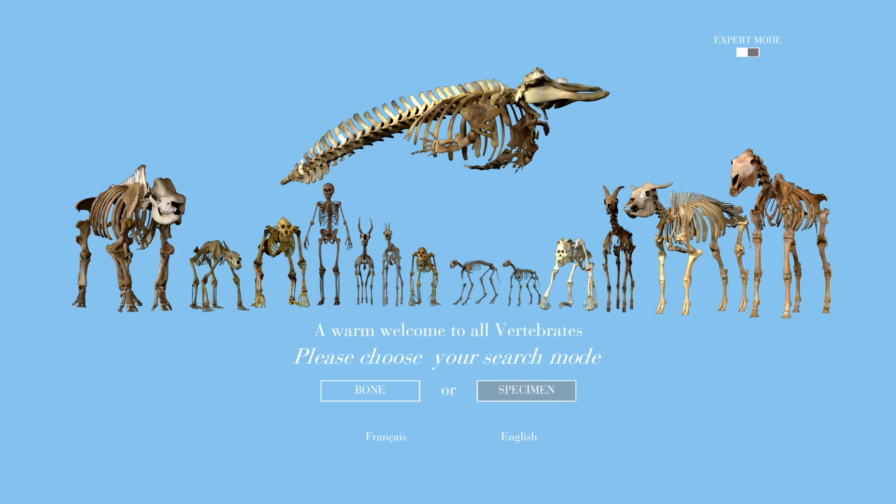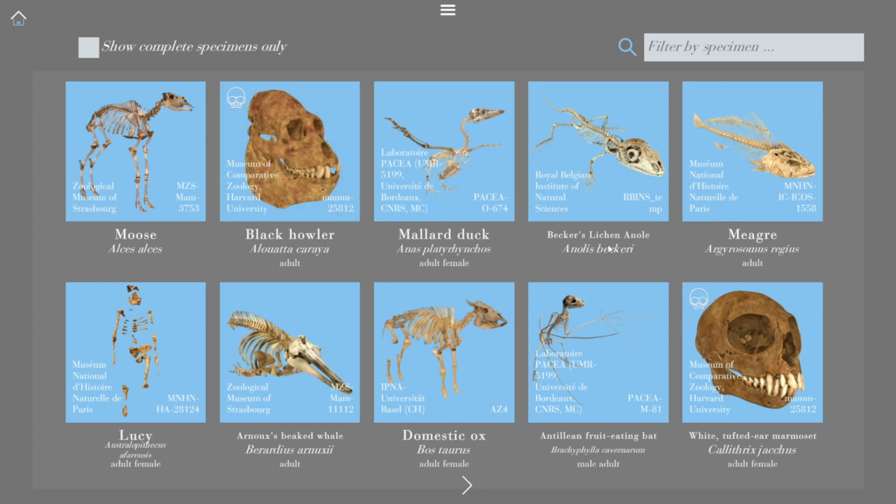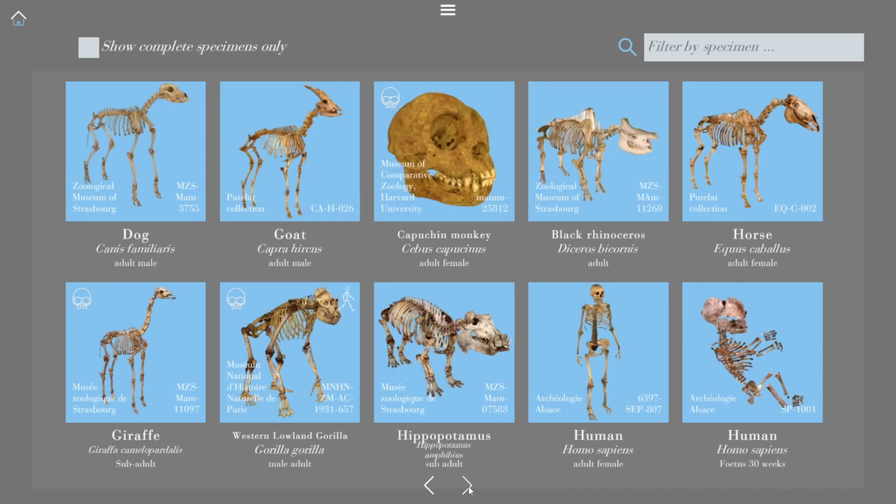Welcome to this short tutorial about how to use vertebrates. When you open the app, you have a choice. You can browse through bones or browse through specimens. Let's try with specimens. Okay, here you can browse through the entire collection, go from page to page with the